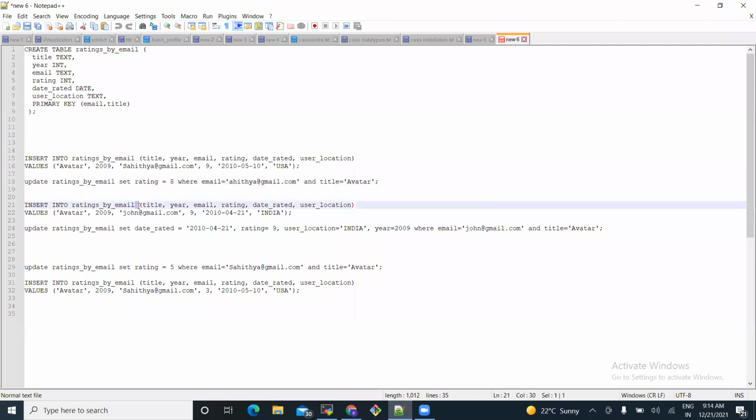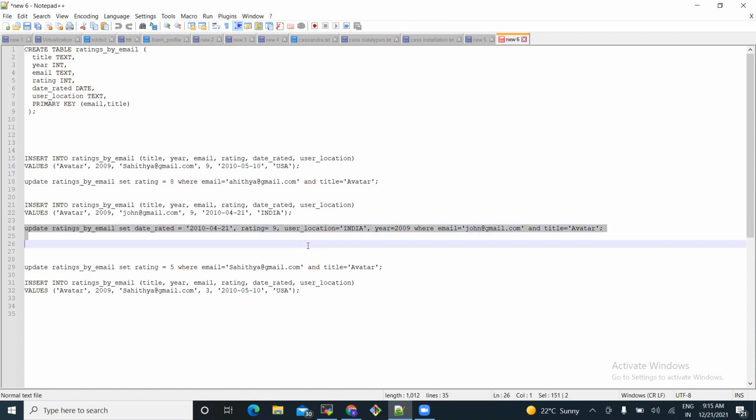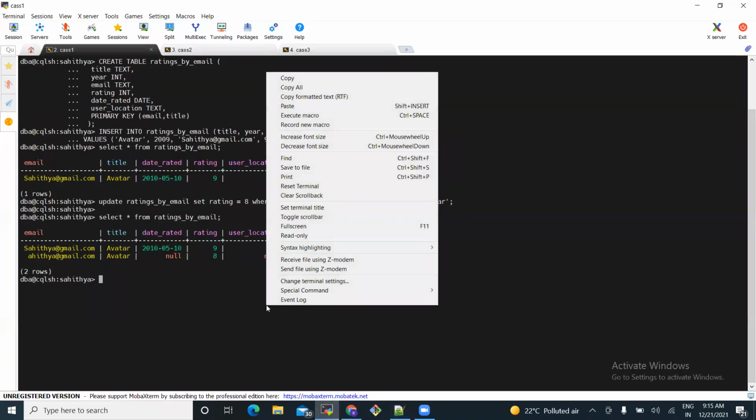For this update-insert, I want to insert a row with email john@email.com. Instead, I'm inserting that row using the update command. In this, I entered all the columns, including the primary key. For sure, the primary key should be there in the update command. And I also inserted the remaining columns. Let's see how it works.